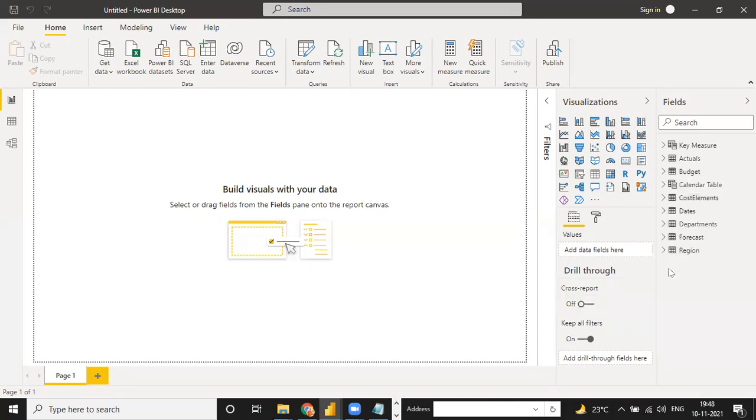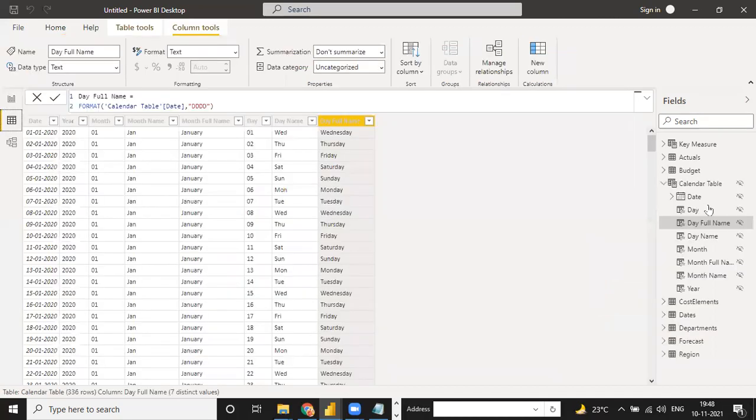So I'm just hiding it. My Calendar table is out, and my Dates table is there because I am working with this Dates table. And see, when I hide it from here, it is not hidden from your main step. It is hidden, but it is not showing in the Power BI view only. That is what hide means. Hide does not mean that the complete date table is deleted. See, all the columns are hidden.